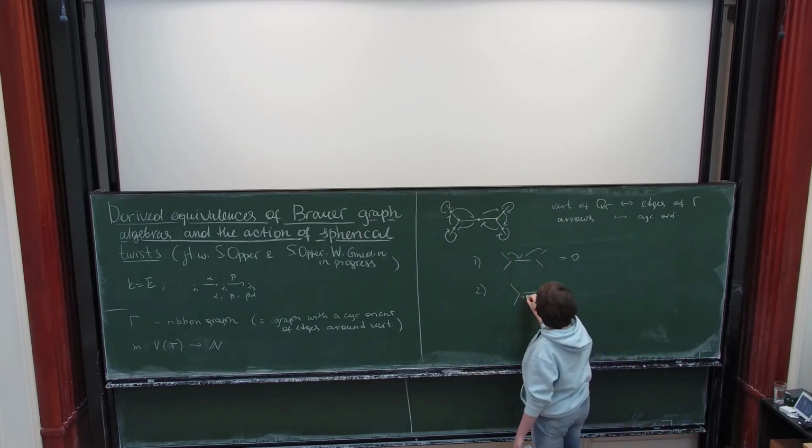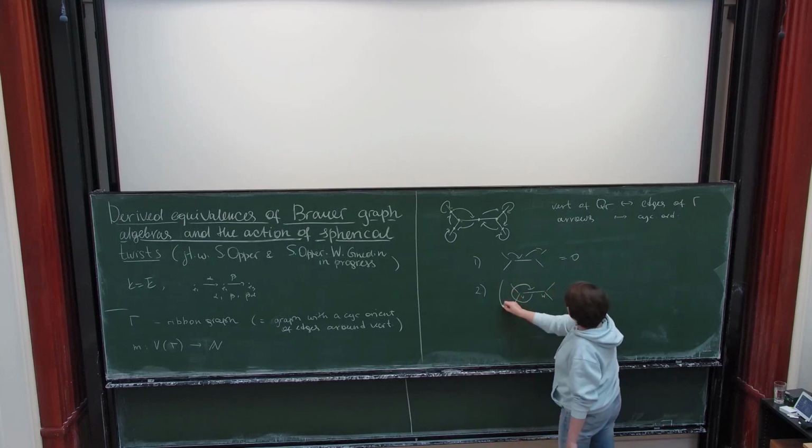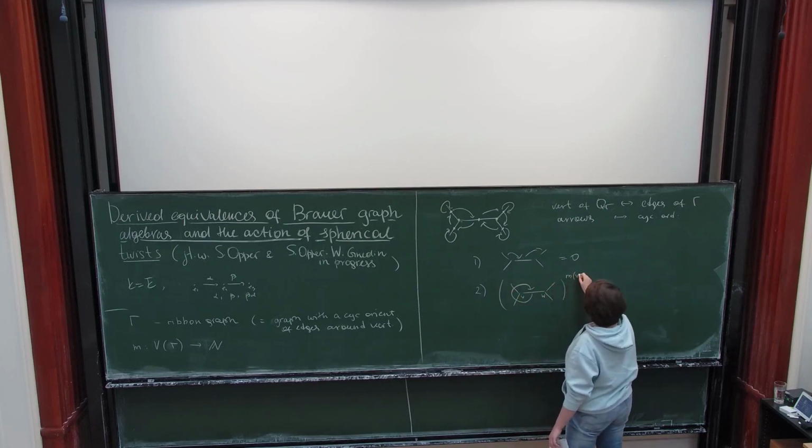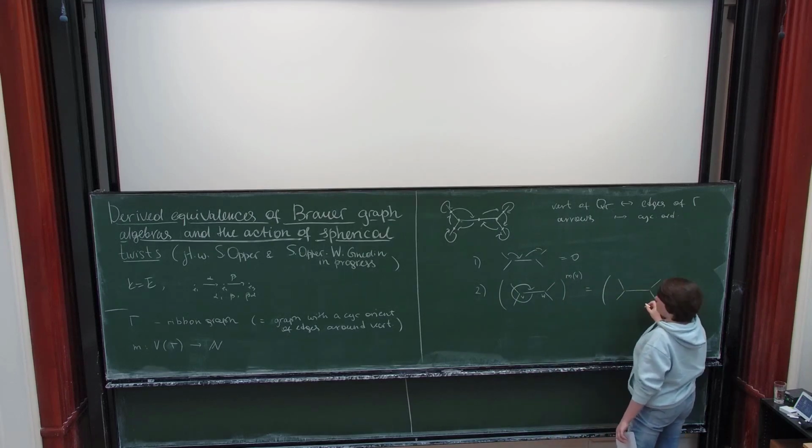So we have v, w, and then we have one cycle, with multiplicity 3 times, and this is going to be equal to